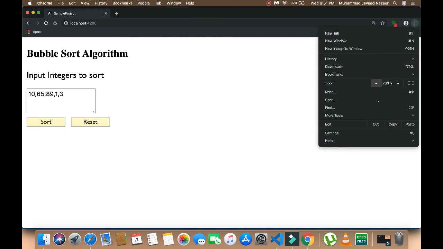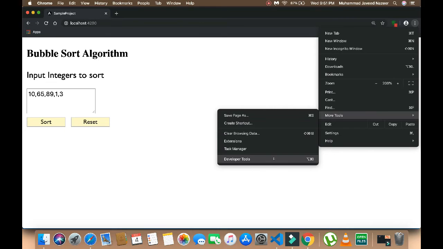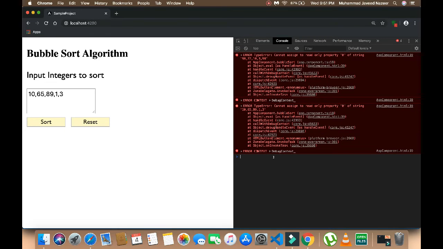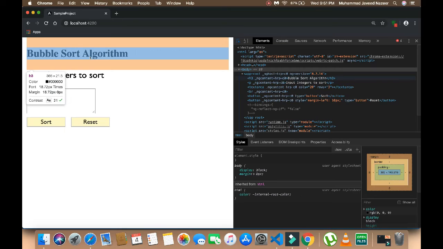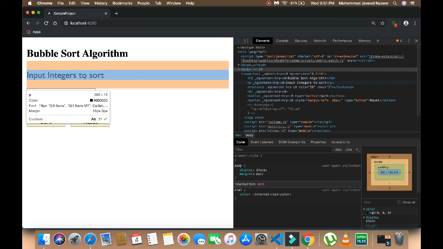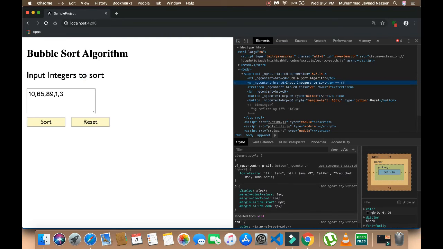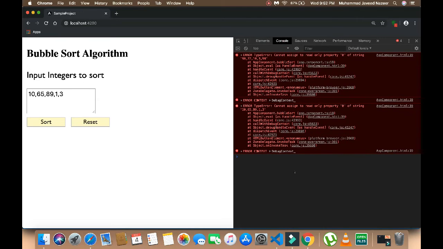or you can go to more tools and click on Developer tools. That also will work. Here we have multiple tabs. The Elements tab does the inspection of each and every element present in the page. You can click on each element and see the related content. The DOM tree is available on the right side, so you can see values and edit. And the Console tab is available. In the Console tab you can check the logs present. You can use console.log and it will be displayed here.